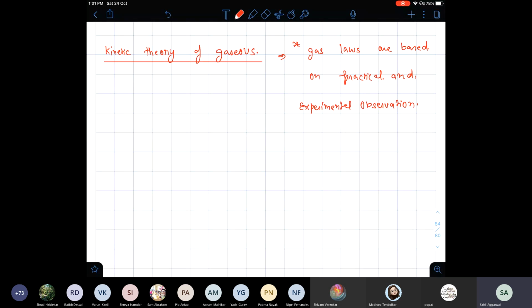Copy it fast. But the theoretical explanation of gas behavior is explained